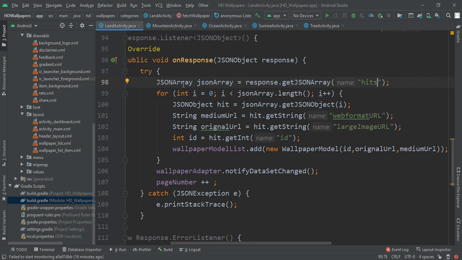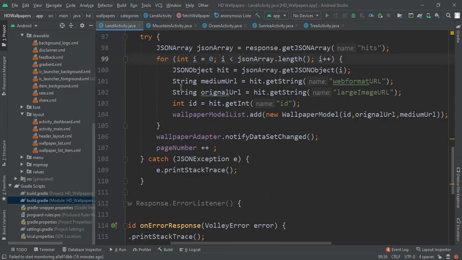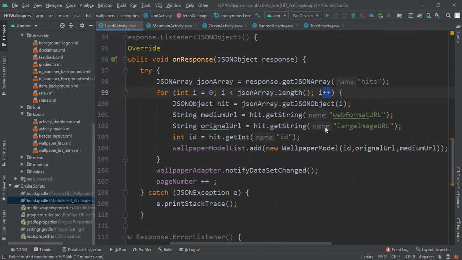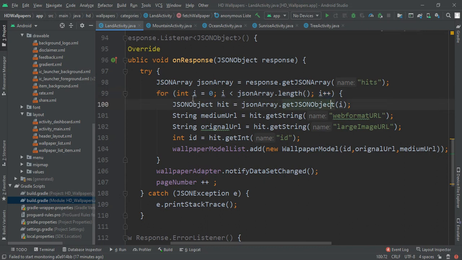Next we have a for loop for the JSON array that we caught. So int i is equal to 0, so we are initializing our integer i to be 0. Then while i is less than our array length, means this JSON array, at that time we are going to do the increment. So this much we are going to write in our for loop.